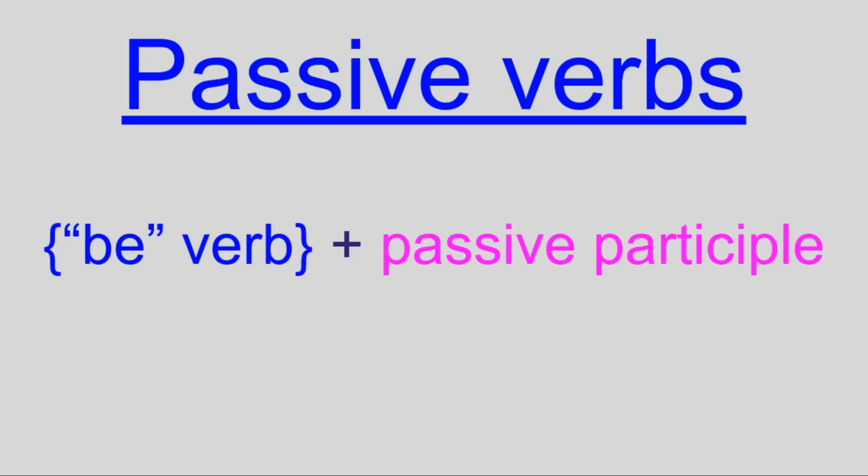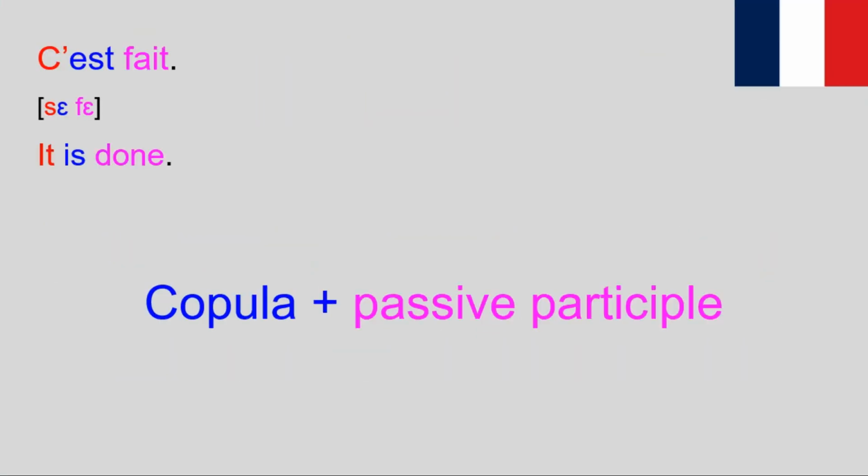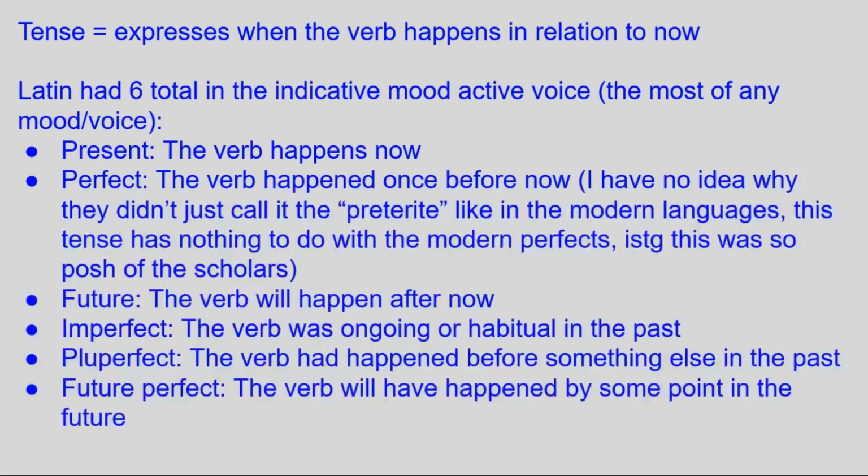Now to form a passive verb, you have to put the passive participle after the copula verb, so like, it is done. In Latin, that's fit, but in French, that's se fait. As for the tenses, a lot of them will go missing as well, although this is more language dependent. The future perfect, for one, is gone, while the pluperfect is gone everywhere except Portuguese, and now I need to